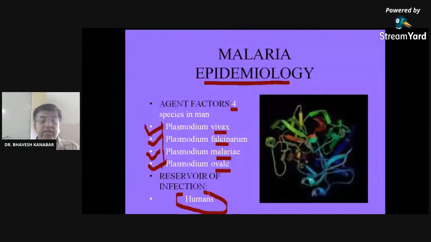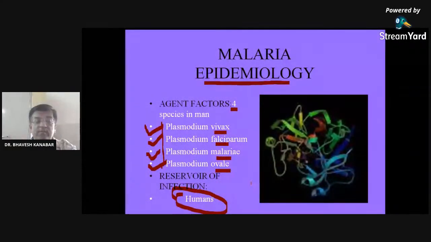After the infection, we retain this organism until it gets cleared, and if another mosquito bites a human being who is suffering from malaria, the Plasmodia get into the GIT of that mosquito. Again, I repeat the names of the agent factor. Remember this: Plasmodium vivax, Plasmodium falciparum, Plasmodium malariae, and ovale. The most common is vivax, followed by falciparum.